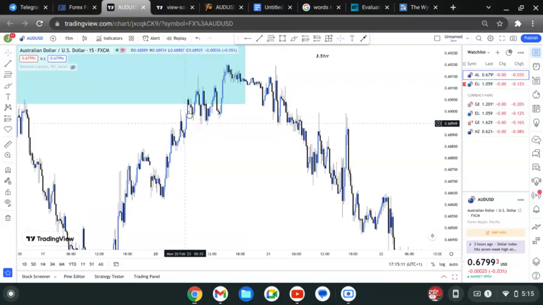Transformation of buys. See all the buys here, buys here, buys here, equal highs. Those equal highs being liquidated. Price comes back to fill this imbalance. People that are trying to trade this trend line,